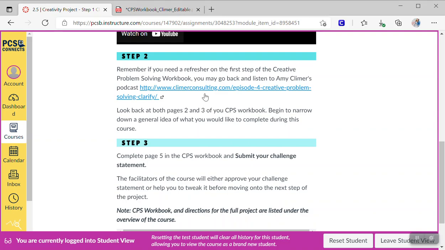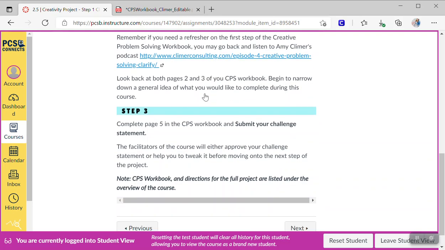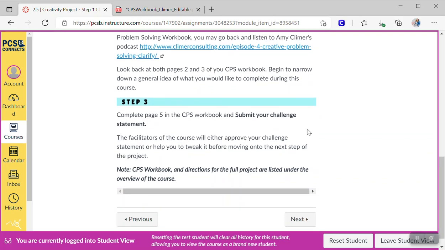You've generated, somewhere between hopefully 15 and 30 different ideas, or the ideas might be the same. You might be sticking to one general topic or theme, which is perfectly fine also, or one style of invention, or lots of different inventions. But now you want to start narrowing down your idea. So you did it. Hopefully you've been sitting and thinking on those ideas. And now you want to narrow them down. So now you're going to do page 5, and you're going to submit a challenge statement.